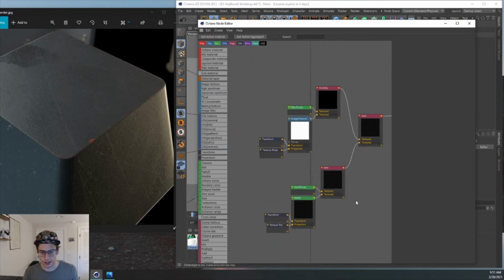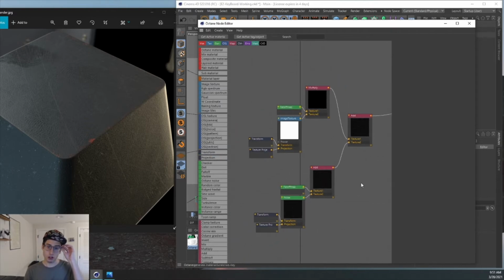And instead of using my dirt, because the dirt is just going to give me either the edges or the indentations, here I can put a falloff map. The falloff map allows me to determine where things are being placed. So I can say I only want this texture placed on one side of my model, or maybe just on the sides but not the top and the bottom. And the way I did this, which honestly I might have done wrong, but I got the result I wanted in the end, was